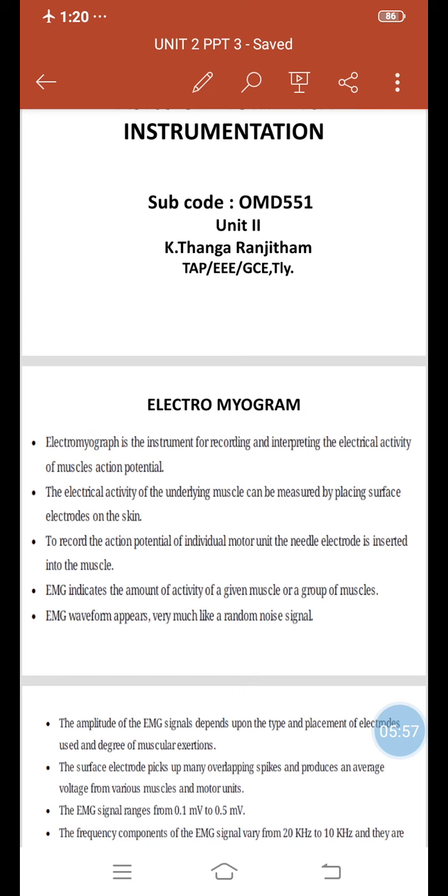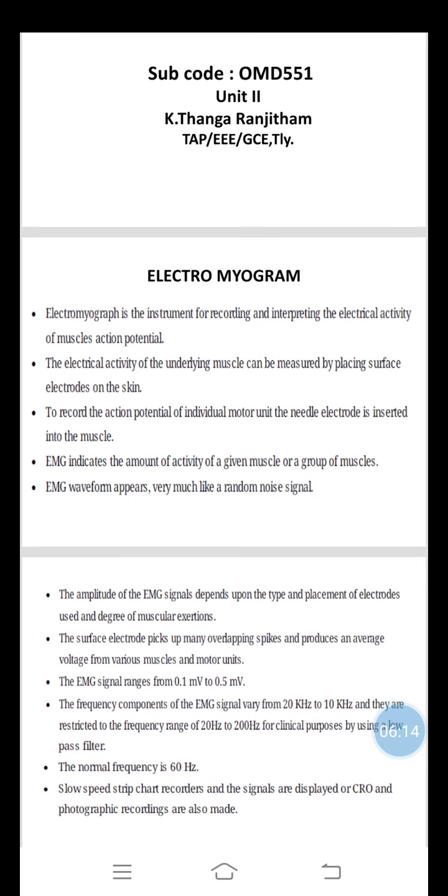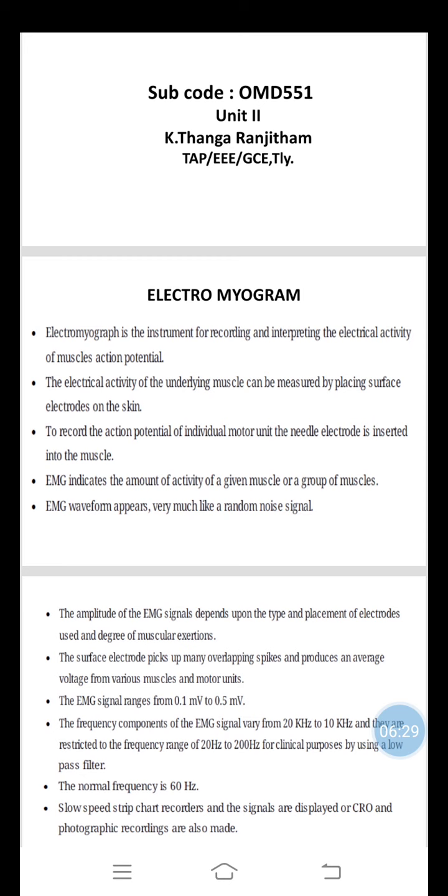Okay, so up to this we have completed the second unit. In the second unit, the first topic, displayed in the first video, is frequency and voltage range of bioelectric signals, and also ECG, that is electrocardiogram. Then in the second video we completed electroencephalogram. Electroencephalogram is used for the measurement of brain activity. The third topic is electromyogram. Electromyogram is used for picking up the activity of muscles or recording the activity of muscles action potential.